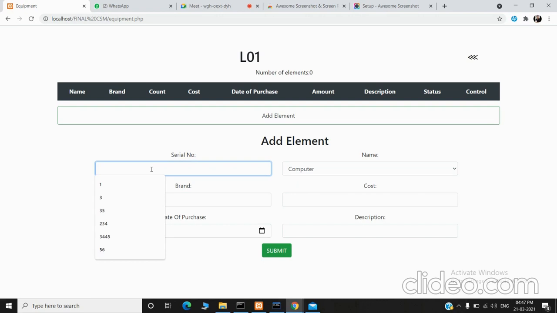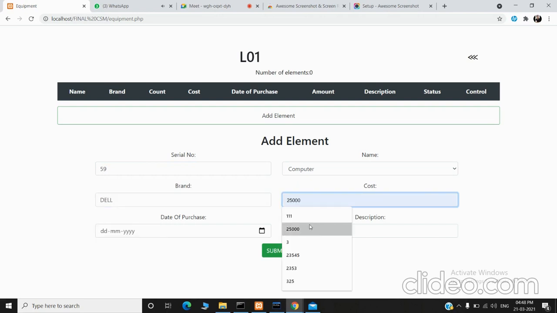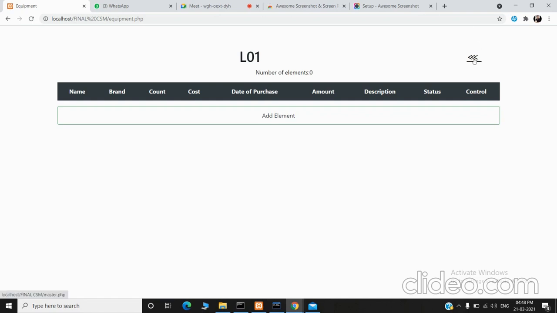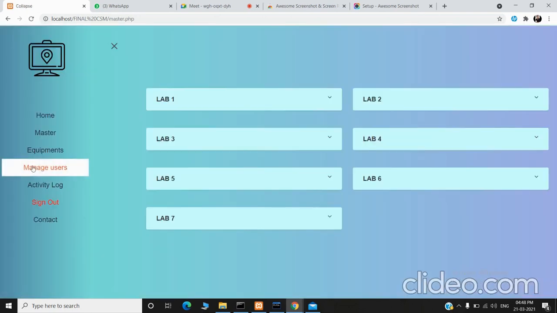So here we can add the product, like serial. First we need to add the serial name, serial number, brand, cost, name of the brand and the date of purchase. Now, we need to add a description, and on clicking the submit button the product is added into